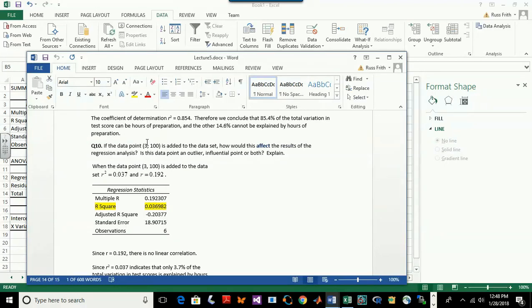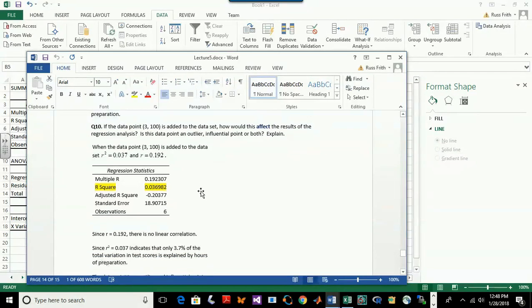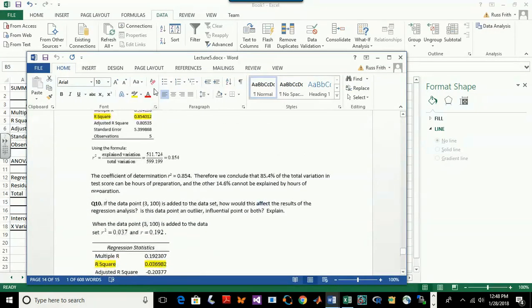Now, an outlier point could or could not affect the linear correlation, okay? If it does adversely affect the linear correlation, in other words, if the outlier point drives the equation from being linear to nonlinear, then it is an influential point. Okay, so what we do then for this problem